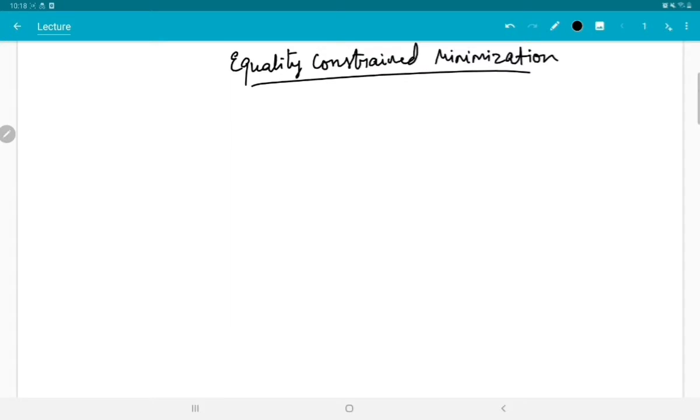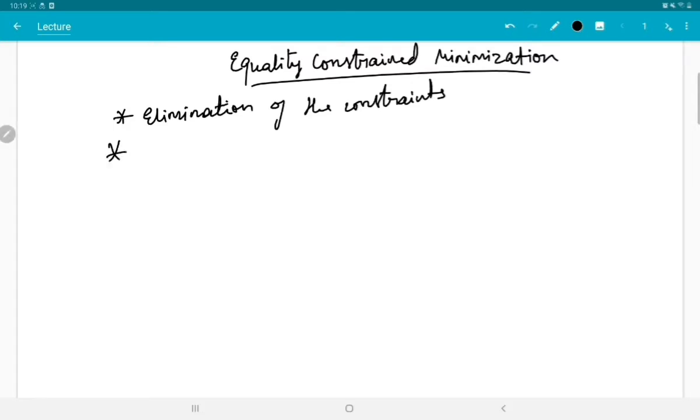There are certain standard ways of dealing with these problems. We know how to solve an unconstrained optimization problem, so what we do is some standard ways. One of them that we'll see is elimination of the constraints. We'll eliminate the constraints and frame an equivalent problem and solve it,